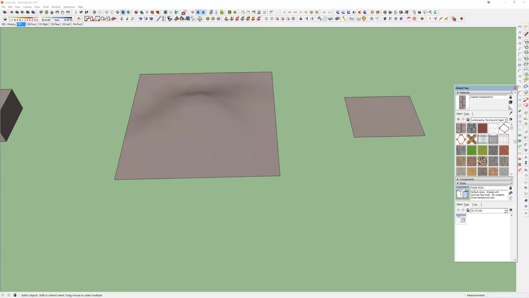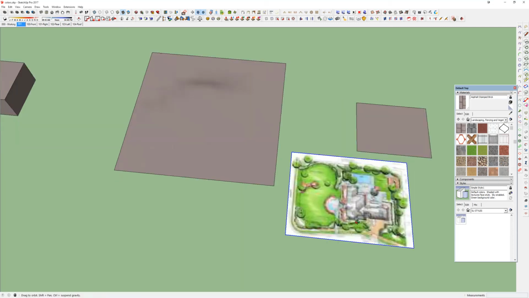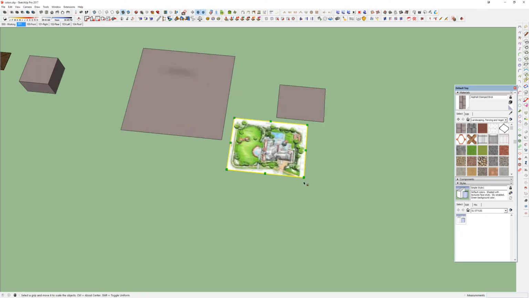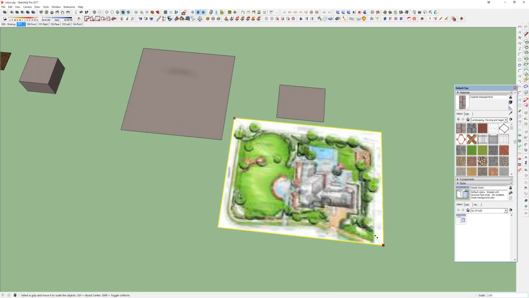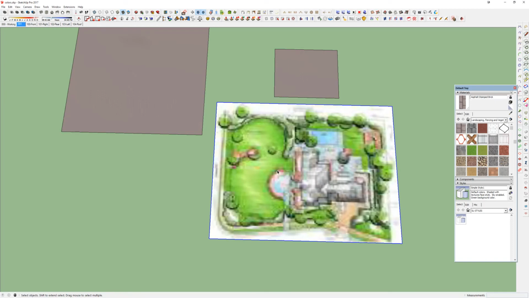Desktop. There we go. So if we have like a landscape plan and you're trying to project it over on top of your model,